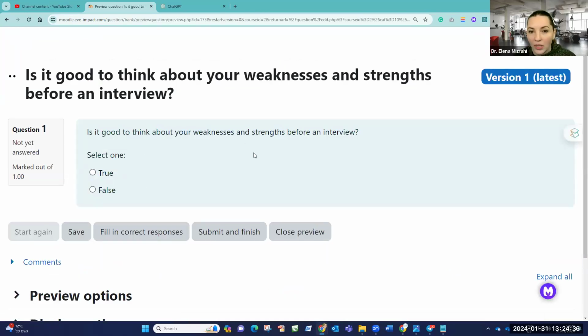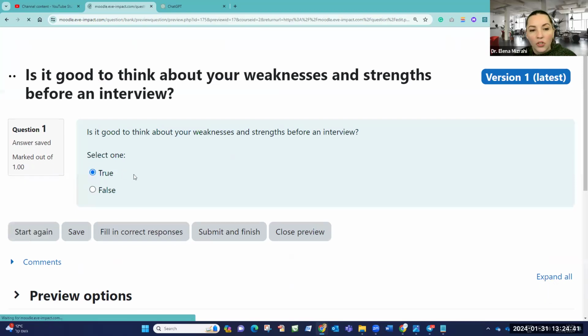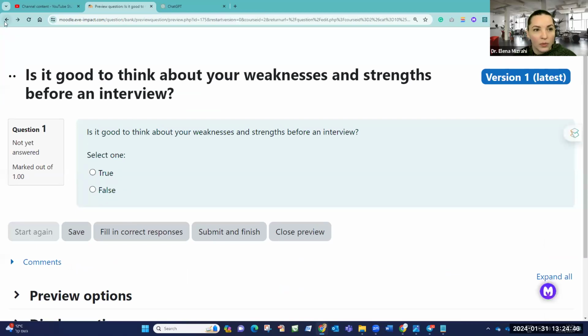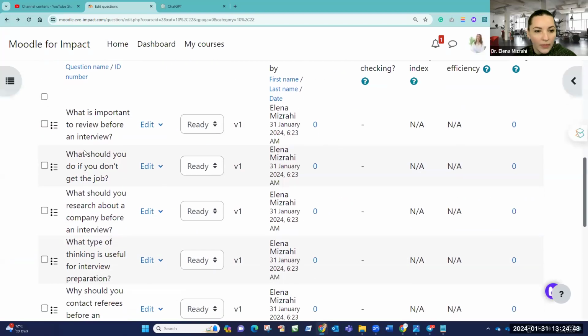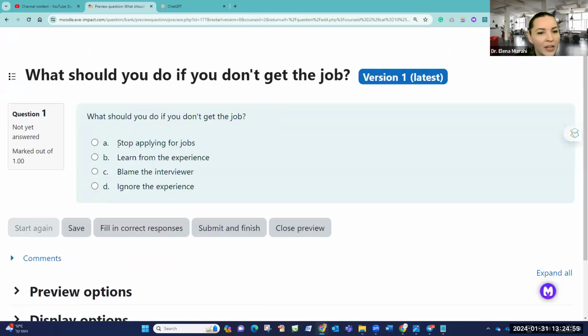Is it good to think about your weaknesses and strengths before an interview, right? True. So if you're not sure about the multiple choice, let's also preview one of the multiple choice questions. What should you do if you don't get the job? Interesting question. Let's preview. Does the article answer that? Stop applying for jobs, learn from the experience, blame the interviewer, ignore their experience. Okay. I'm not thinking about the answer. I'm just looking at those A, B, C, D,